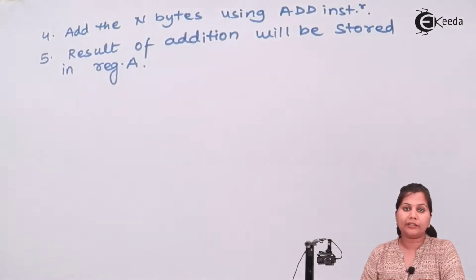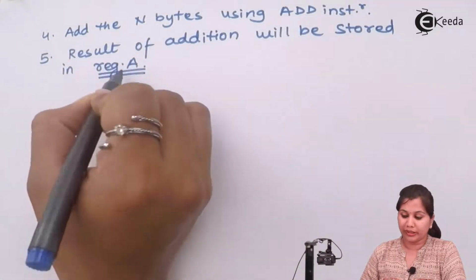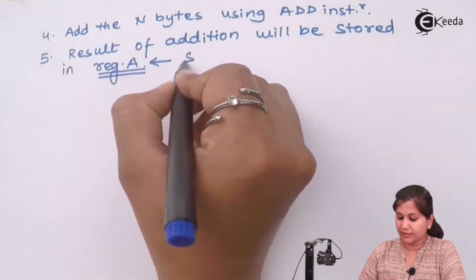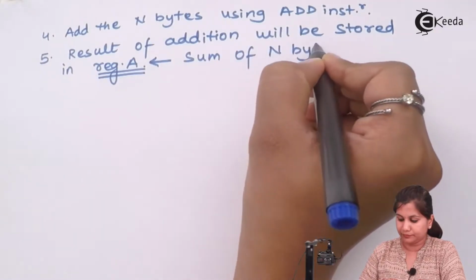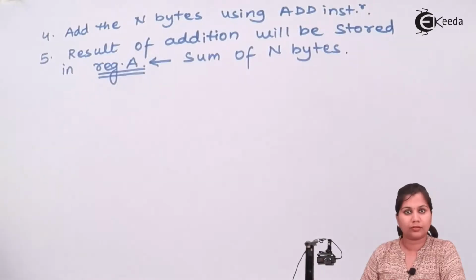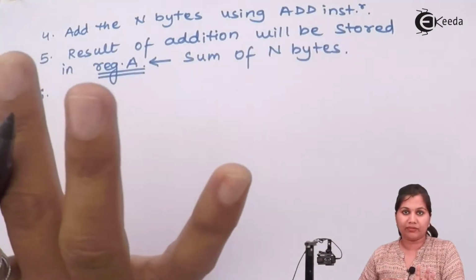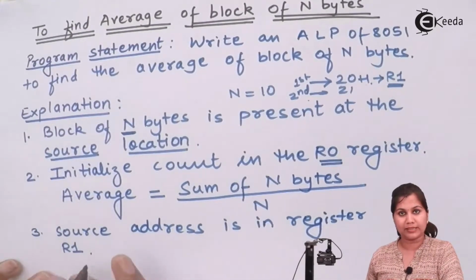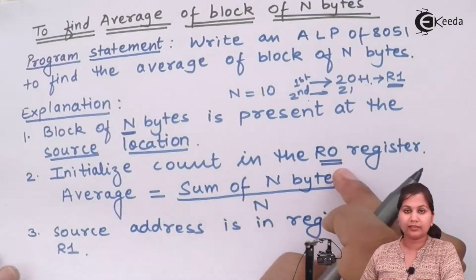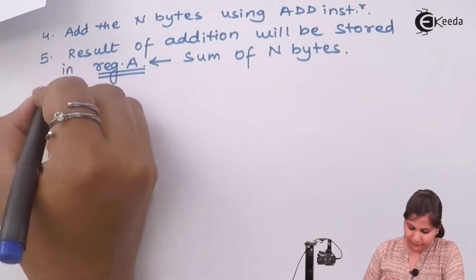Now when we have added all the 10 numbers, the result of that addition will be stored in register A. So in register A, we will have the sum of the n bytes. Now we have the sum of n bytes, and n, that is how many numbers are present in that array, is in the R0 register. So we will shift this R0 register